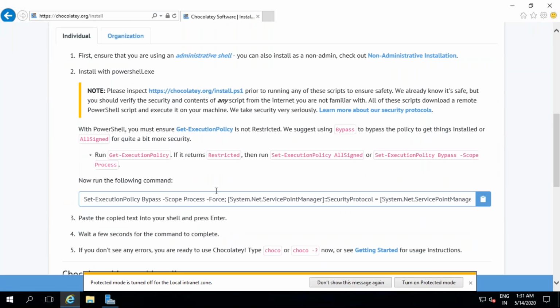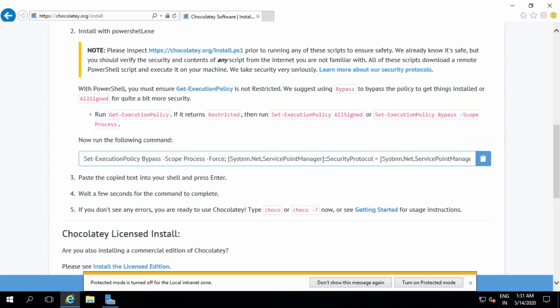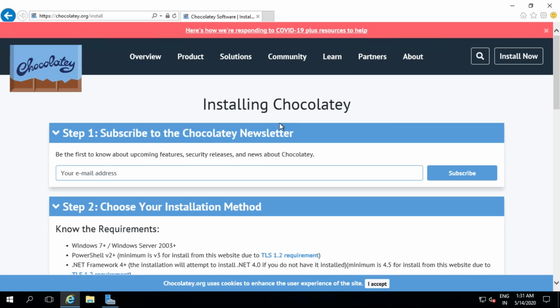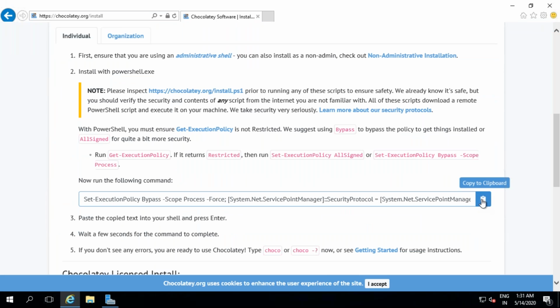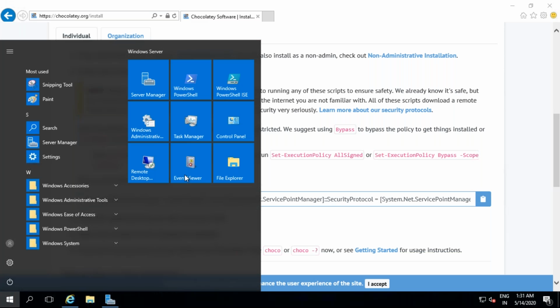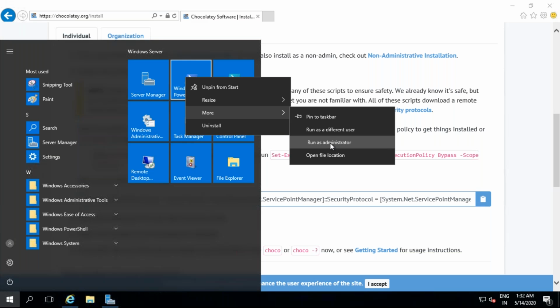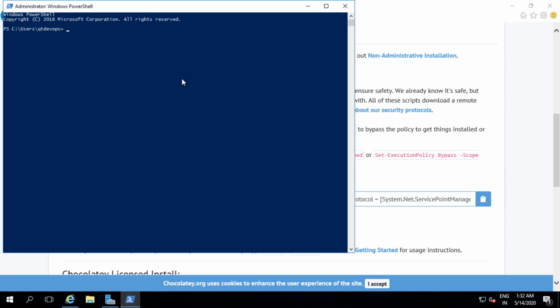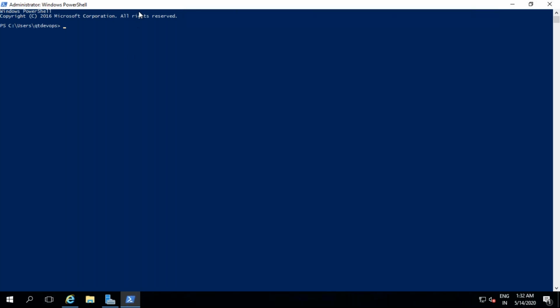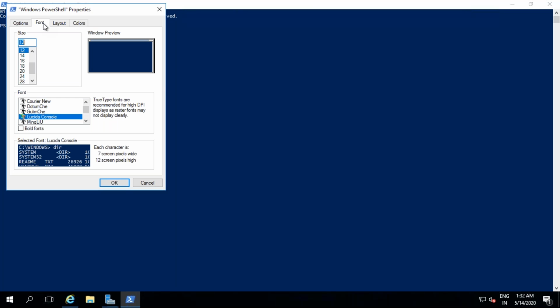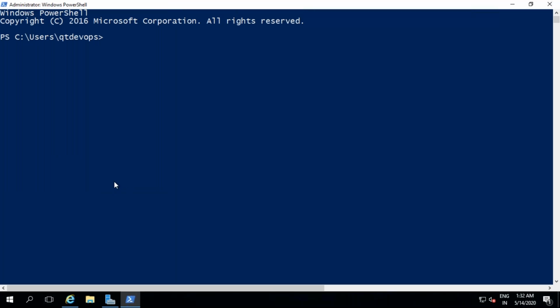I'm doing this because we will be using this machine. Right now I'm opening PowerShell and running it as administrator. What I'm doing right now is not really relevant.